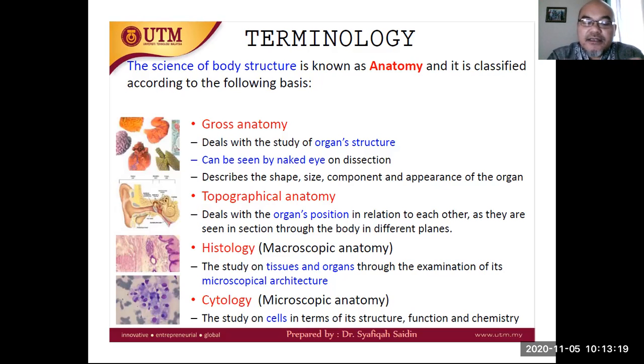You put a dye and then observe under a microscope. Based on the morphology of the cell, the morphology of the tissue, it can be determined whether the tissue is normal or whether it is already developing a form of tumor or cancer,